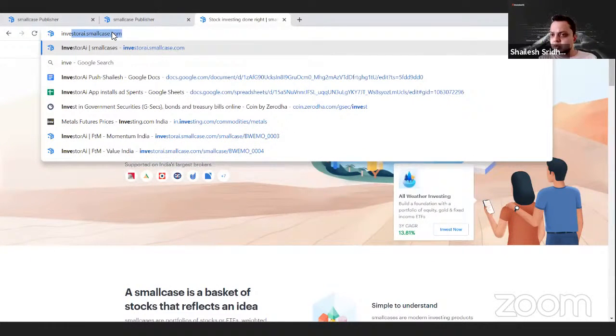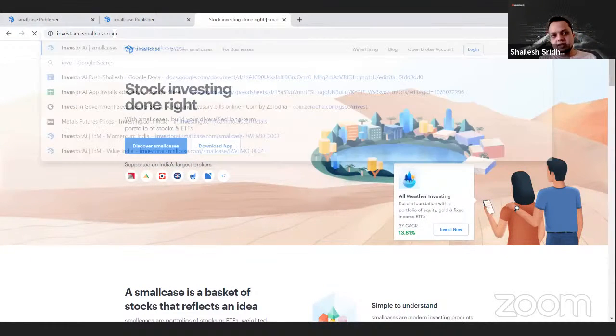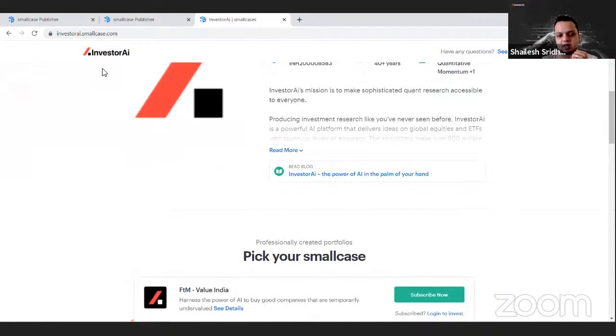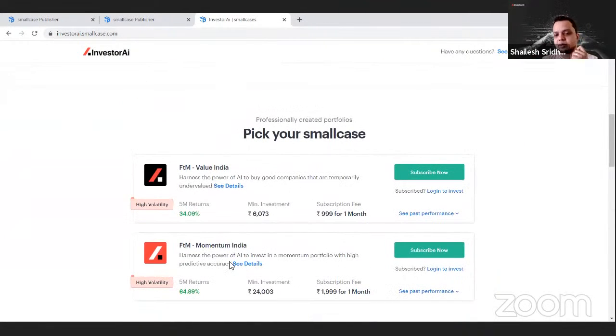Yeah. So there are 2 ways to get into this. One is you can go to investorai.smallcase.com, which is a micro site on the Smallcase website itself. There you can see both our portfolios, value and momentum.